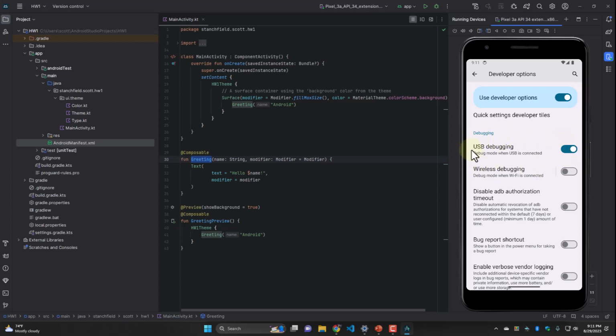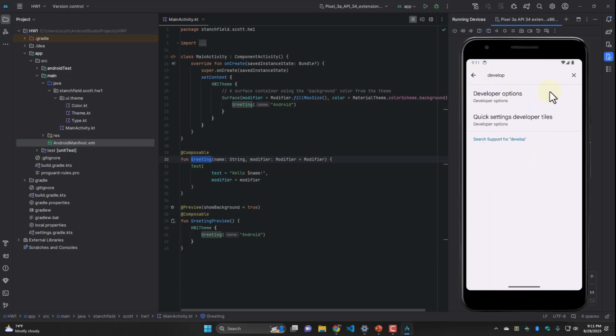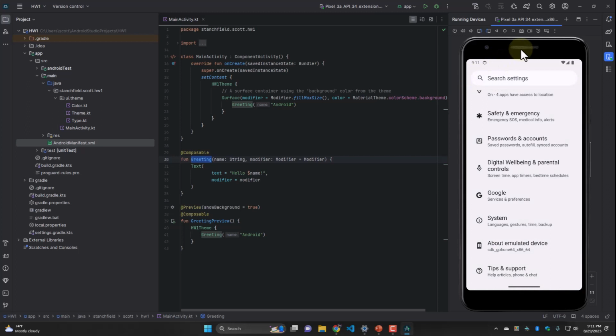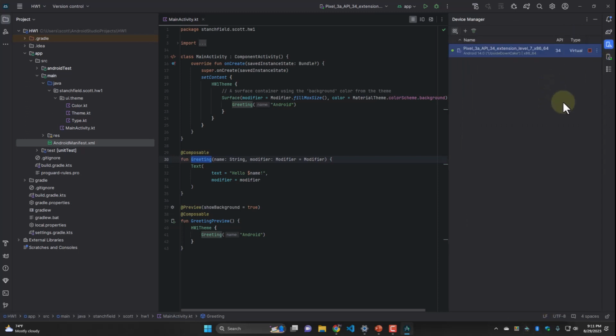USB debugging is the first one here, and you notice how it's checked. Depending on your system, it may or may not be checked to start with, so you want to make sure that it's checked and plugged in. Now this next part I can't actually show you happening, so I'm just going to describe it. I'm going to pause for a second and do that setup that I just did. Once I've set that up, I plug my phone in using a USB cable, and what I see